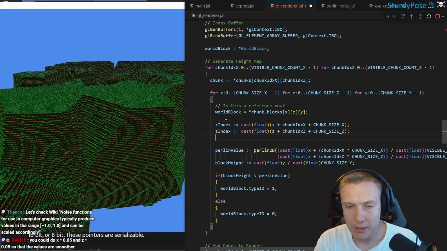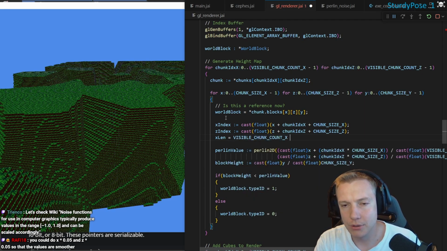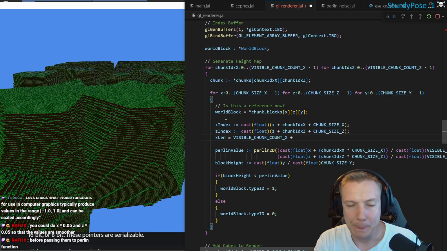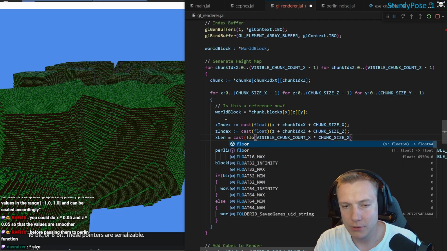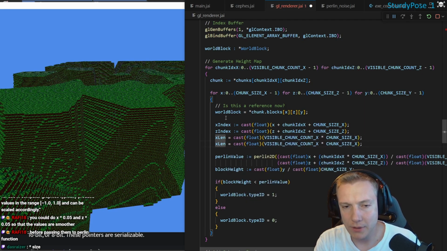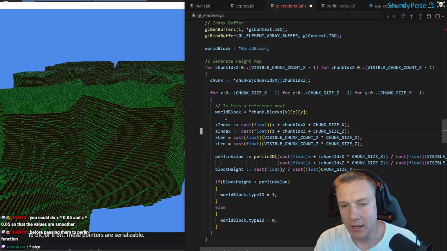And then we have the X length, which is essentially the visible chunk count in X times the chunk size in X. Right, and we can turn that into a float too. And then we have the Z length, which in our case obviously is the same thing, but with Z. That's what we have. And then we generate a Perlin noise value by taking in the